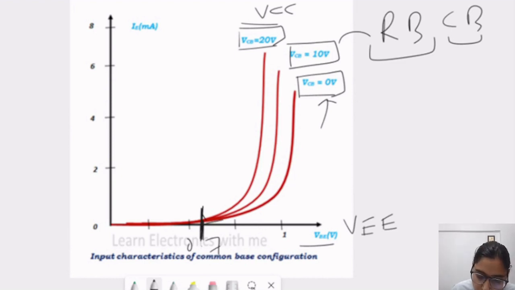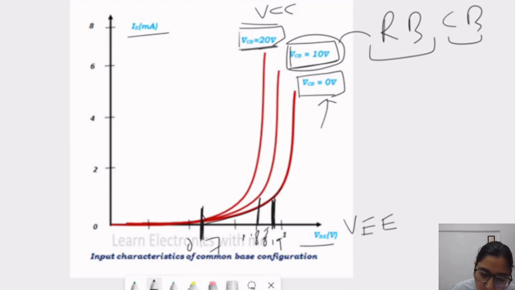Similarly in a PN junction diode, we also see that this graph is happening. So current is increasing exponentially. Similarly here also we can see that. IE is increasing in milliampere with this exponential increment. Now what will happen if we increase this reverse bias? Let's say we increase the VCC to 10 volt. Now whatever the exponent, here we can see the major peak of this current is, let's suppose, at 0.9 volt here. So it will attain at 0.85 if we increase the VCB here or the VCC here.